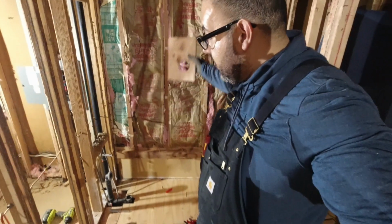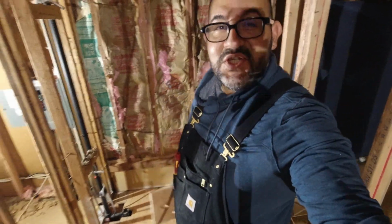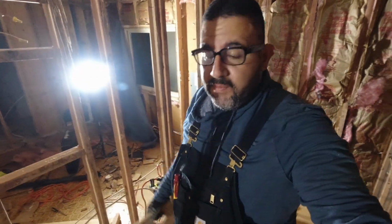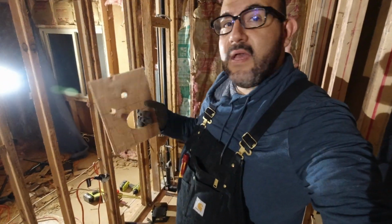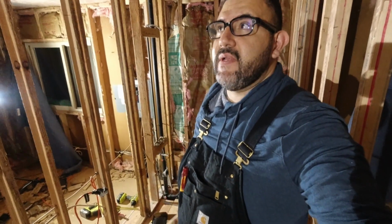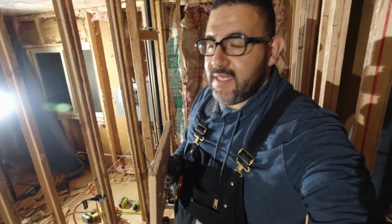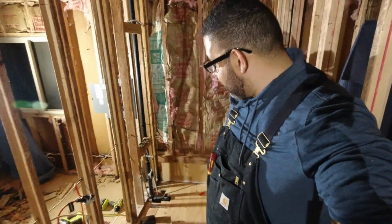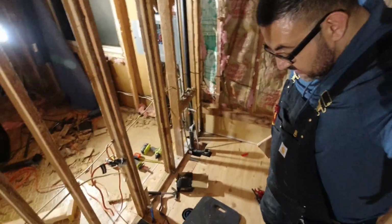All right, guys. So we finished the bathroom. I set out to accomplish that today. My wife called me a little bit ago, and she was like, "Hey, come on down. Let's get some steaks going." And I told her, "Hey, listen. I said I was gonna finish the bathroom today, and I'm done." So I'm pretty excited about it. As you guys can see,